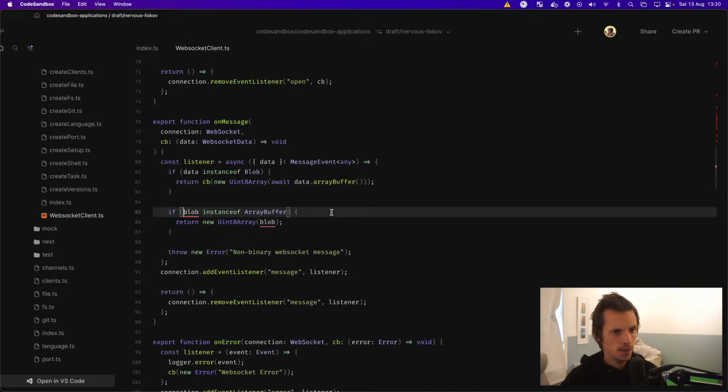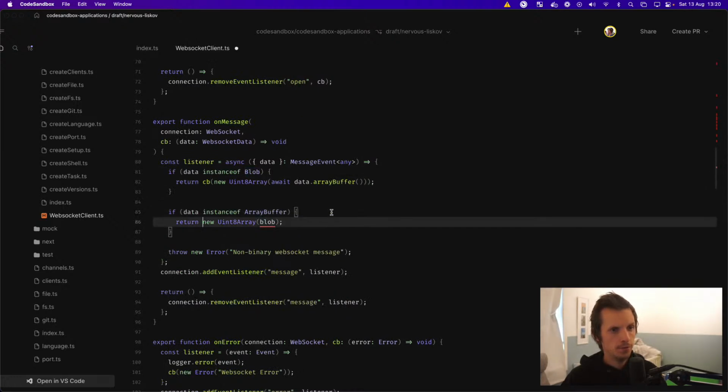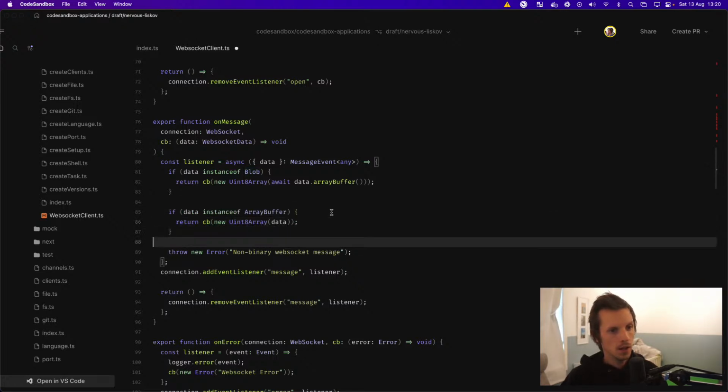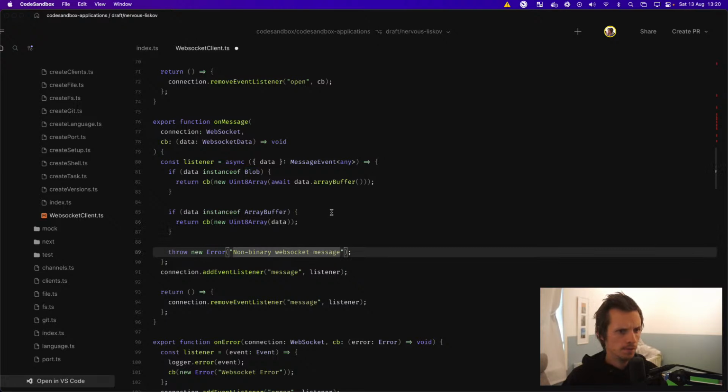And if data is instance of array buffer, we just call it with the data. Okay, and if there's an error,